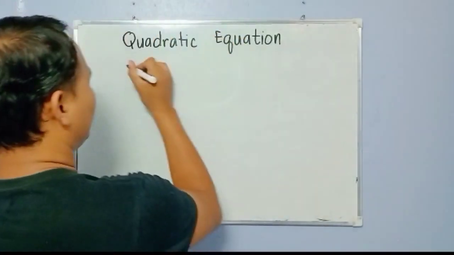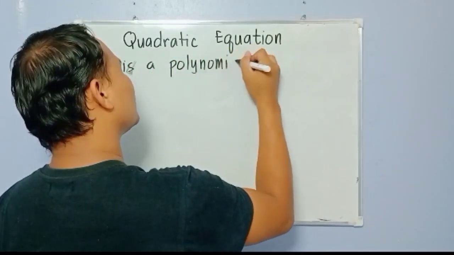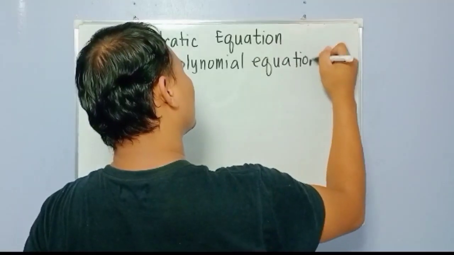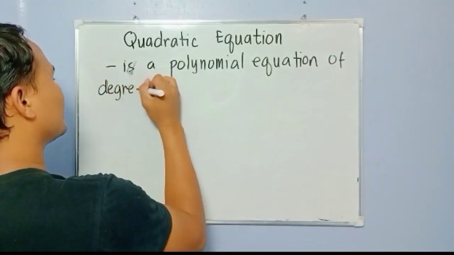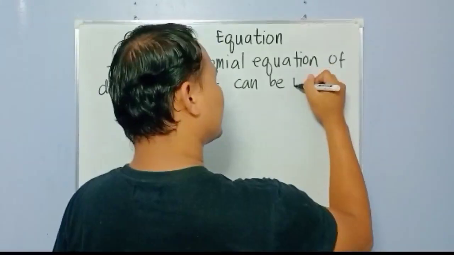Okay? I'm going to tackle this time the first topic in Grade 9, which is illustrating or determining quadratic equations. Now, what is a quadratic equation? A quadratic equation is a polynomial equation of degree 2 that can be written